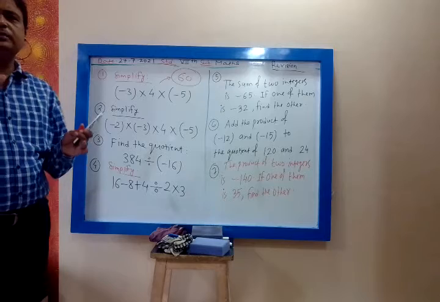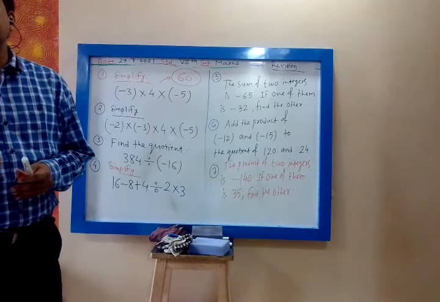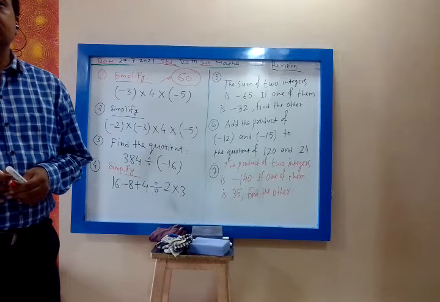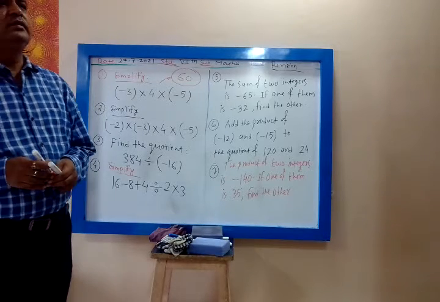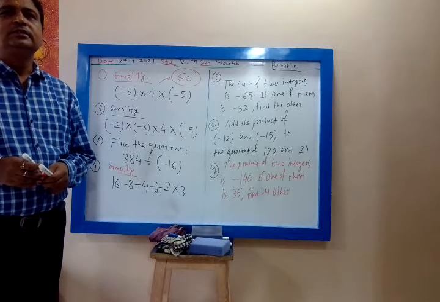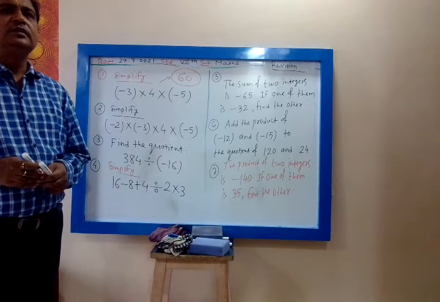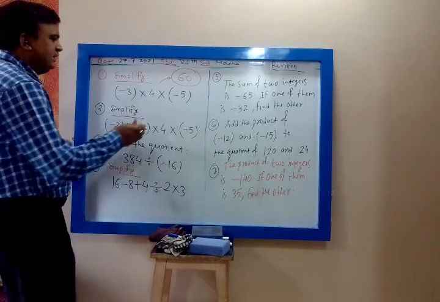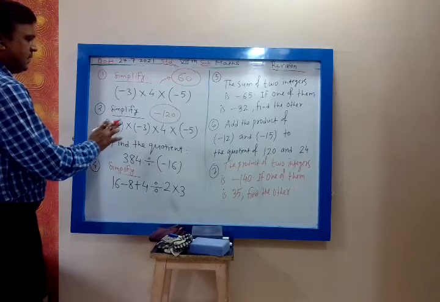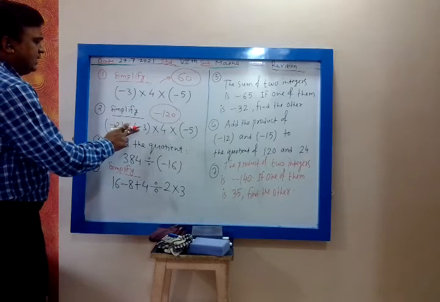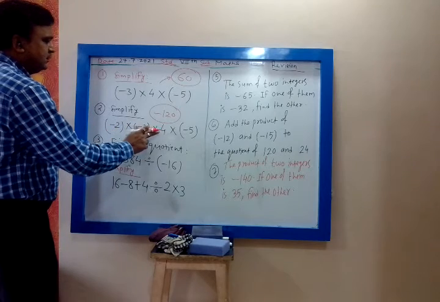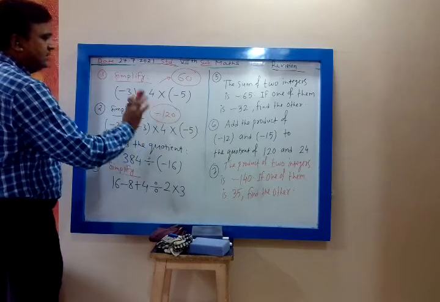Yes, one minute. Who said minus 120? Yes, what is your name? Shreya. Division, roll number? What is the answer? Minus 120. Minus 120 is absolutely correct answer. Very good, because minus into minus is plus, plus into minus is minus. Then 2 3s are 6, 6 4s are 24, 24 5s are 120. Answer is minus 120.